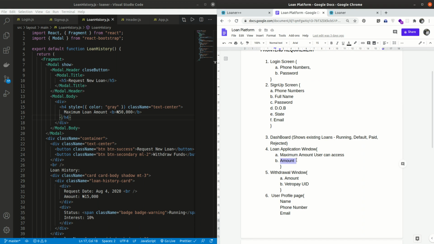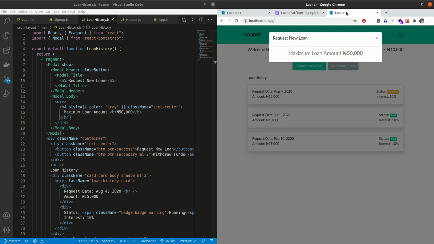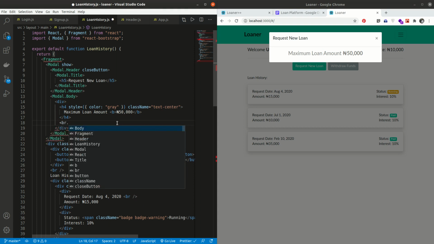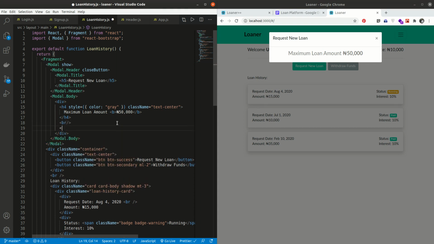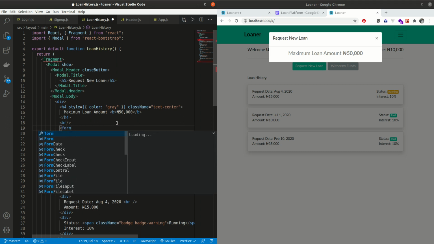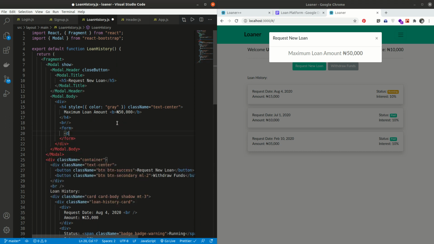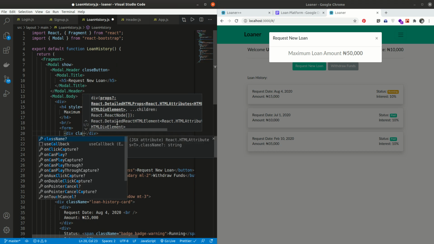Or the amount the user wants to apply for. Okay, so let's give it a break tag, and let's have our form here, and a div with a class name of form group,